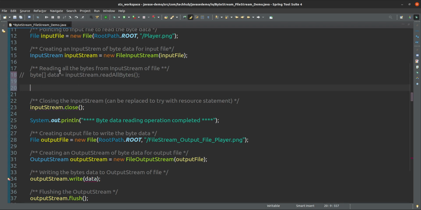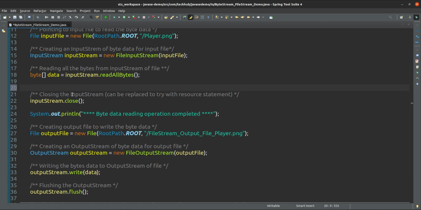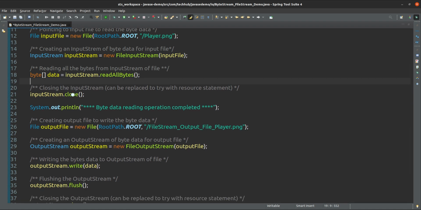Okay, we will see that in a separate class. Suppose I want to read this file in the form of chunks, meaning in parts. Suppose your file is 10 MB, you don't want to read this 10 MB at once. It is not a good practice. If your file is huge, 50 MB, 60 MB, it will take more time to read. So what we will do meanwhile, we will read some bits.